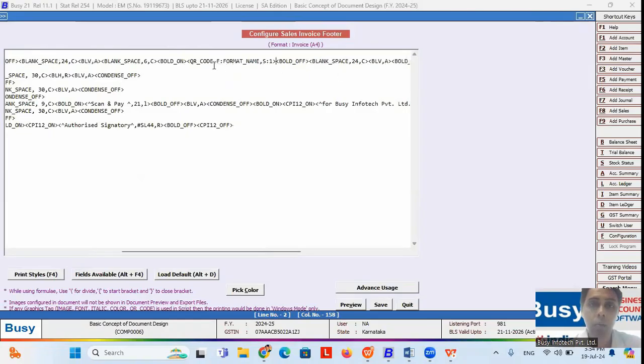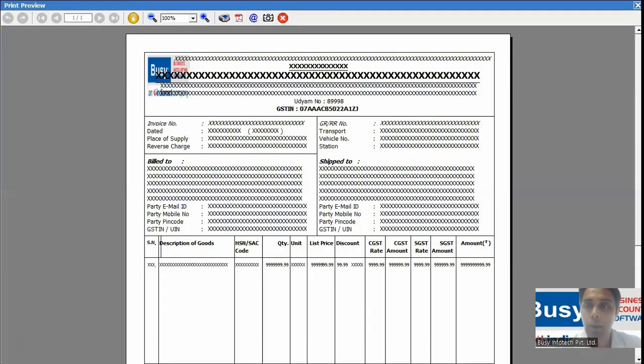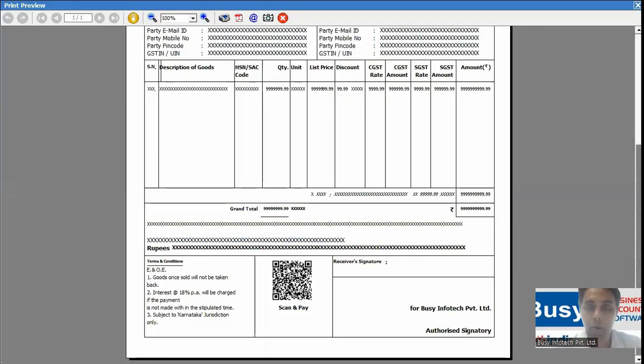So it's asking to put the format name. What format name? The one I have already created with the name QR, where I have mentioned the payment gateway. So I will mention QR, that with this format name I have already created a format. So I'm using this QR format in my actual invoice. So QR F equals F colon, this is the QR format name I'm mentioning. And once I save this,